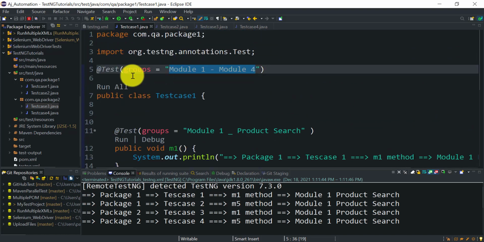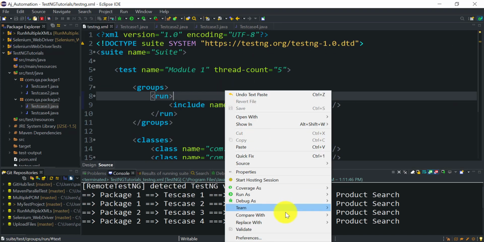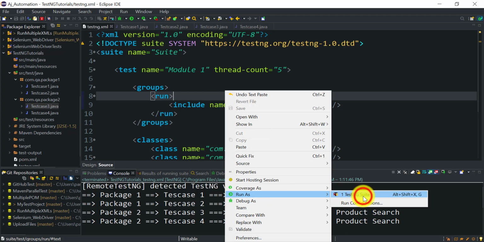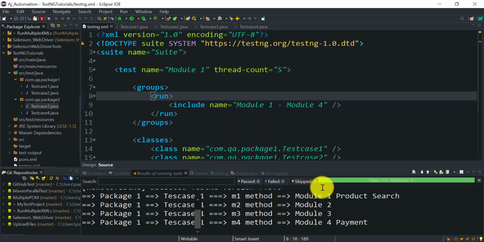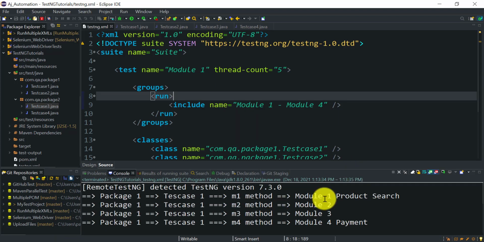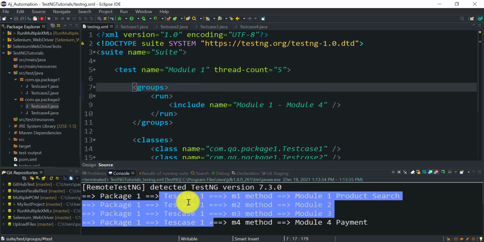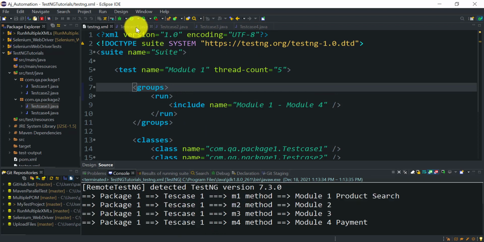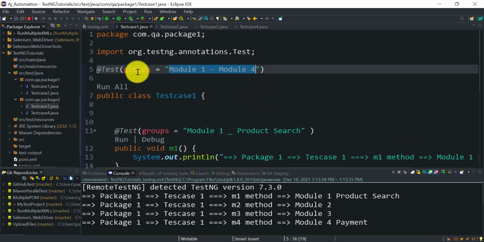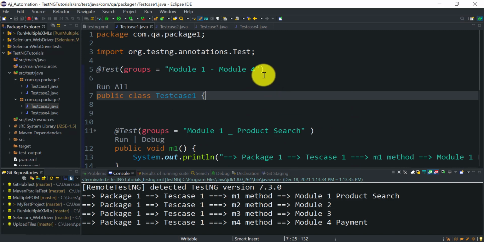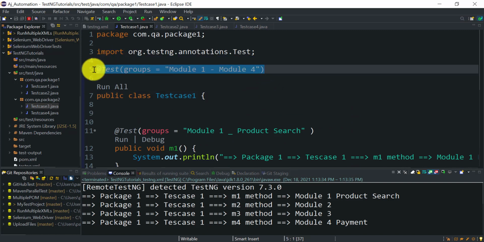Okay, so as we have defined it at the TestNG class level, module 1, module 2, module 3 and module 4 from the package 1 test case 1. So this is the use of defining the TestNG group at the TestNG class level. Okay, so I can define this for all the TestNG classes.